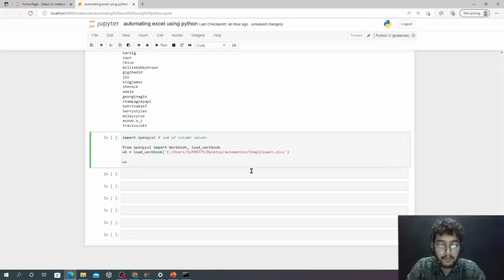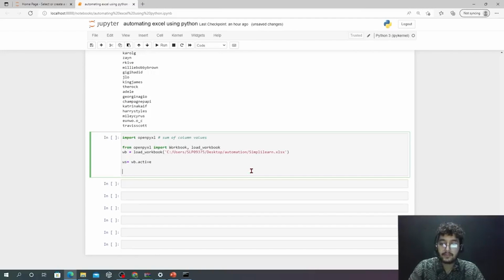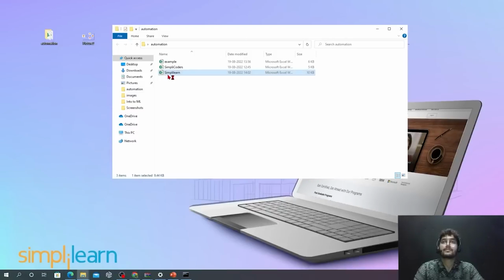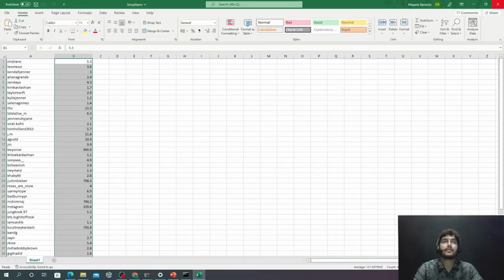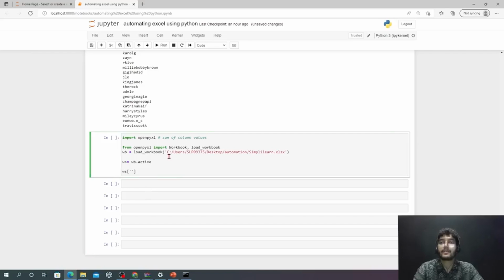So I will make it active. Here what I'm doing, I will tell you shortly. So it is in C, I guess. C or B? Which column? Oh, B. Oh, B51, I guess. Yeah, B51. B should be capital